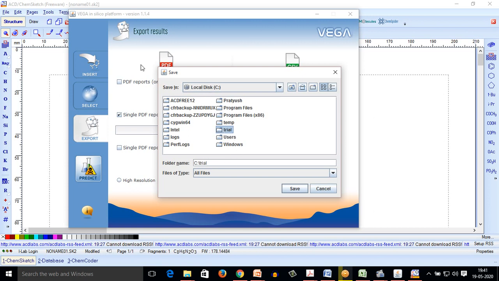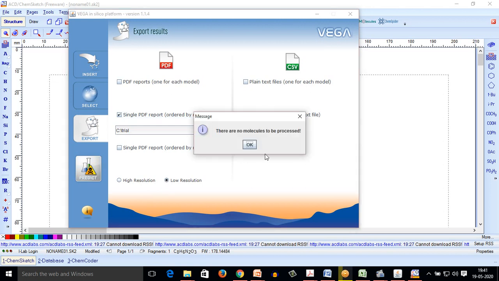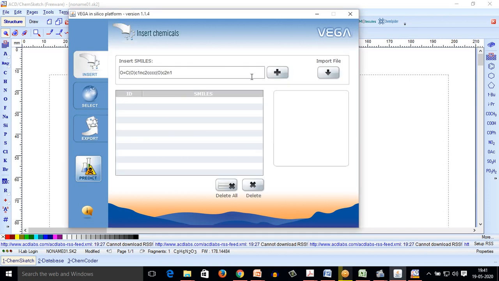So I want this file to be exported in the C drive trial folder. Okay. Now I have already selected the export model and the path. Here I am selecting the low resolution for my result. Next, going to predict.